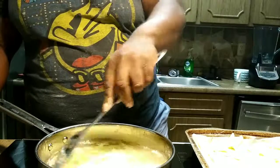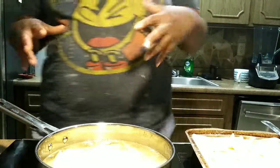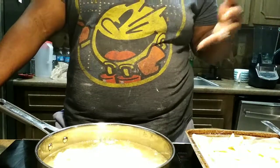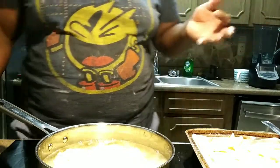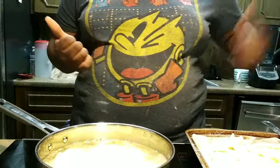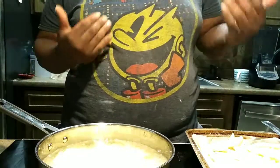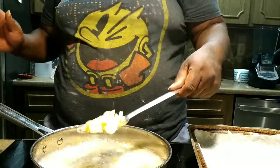Now this is some new oil. One thing about oil is that when it's brand spanking new, it'll get golden brown, but it don't be exactly what you might be looking for if you use older grease. Because the older the grease, the darker your frying would be. Just like when you make gravy, when you want white gravy, you use fresh, clean oil. It ain't been used or nothing. But if you want a darker one...